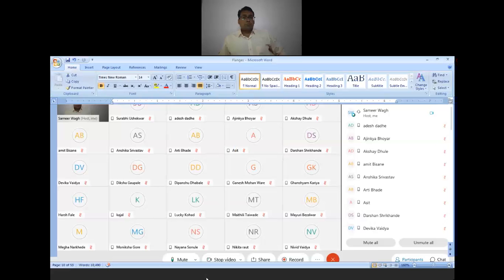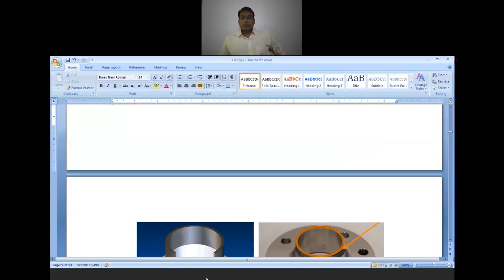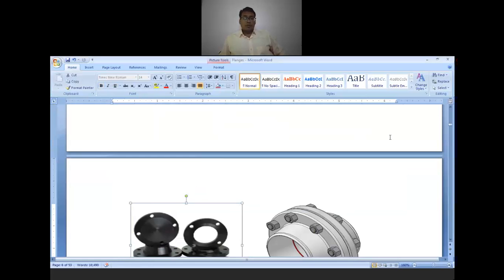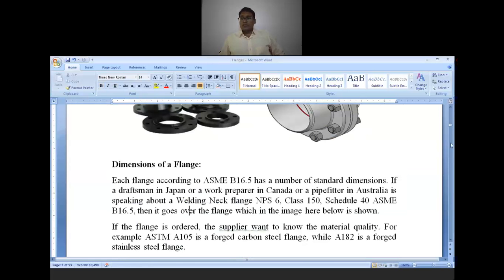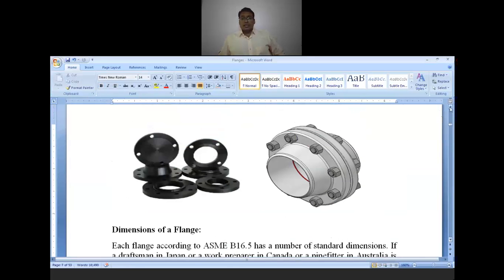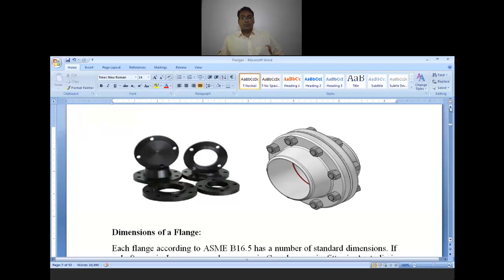So I welcome, dear students, to the understanding of flanges in the subject of chemical equipment design. Today we are going to understand flanges. Now first have a look at these flanges. This is the common type of flange which you can see. You must have seen such flanges in your household or for other purposes also.